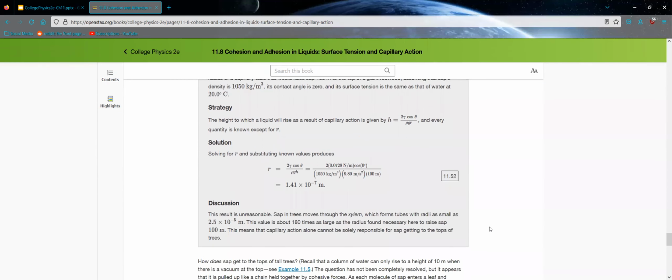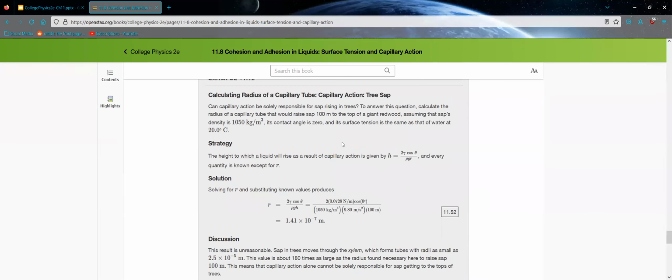So the height raised due to capillary action is given by the equation shown there, with that weird looking Y thing being the surface tension of the material that we're talking about. In this case, surface tension was water at 20 degrees Celsius, so cold-ish water, right? That gives you 0.0728 newton per meter of surface tension, or grab of the water, if you will. Throw the rest of the equations in there, and you get